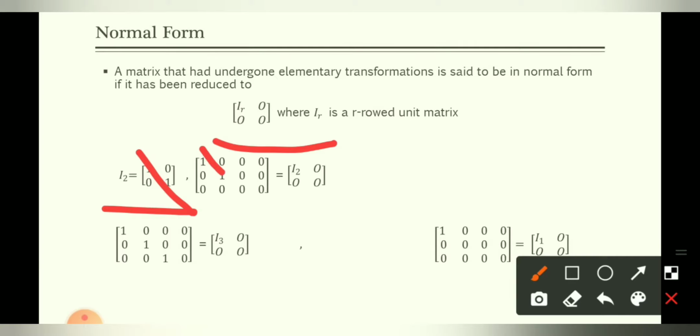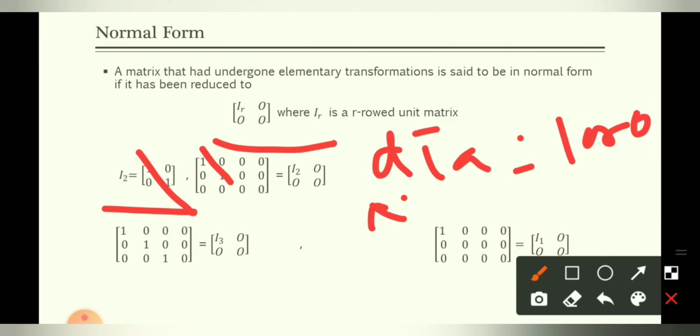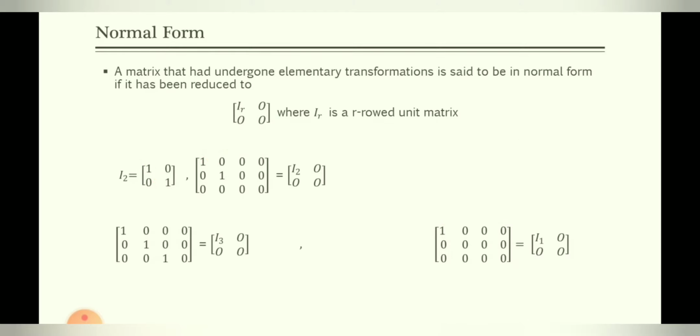That means you have to make an equivalent matrix using elementary transformations such that diagonal elements should be 1 or 0 and non-diagonal elements must be 0. So you have to try to make all the non-diagonal elements 0 using row or column transformations, and you will get the required normal form. This is a very lengthy procedure and we perform these operations only when it is written in the question to use normal form. Then we will use it.